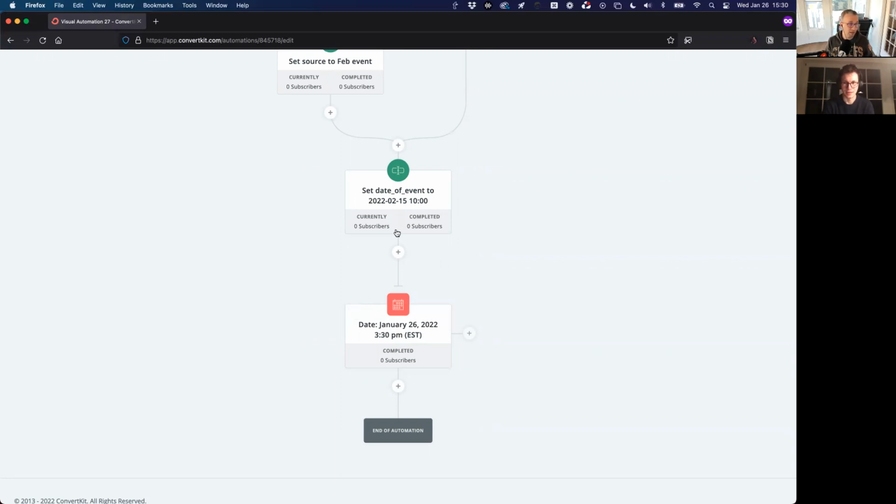Now, if people are up here, they can't move past this if this date's in the future, so they're paused there. But people will get all of the information up there. The meta description sounds like wherever they are in the automation, they will be moved to this. Right, but I can actually